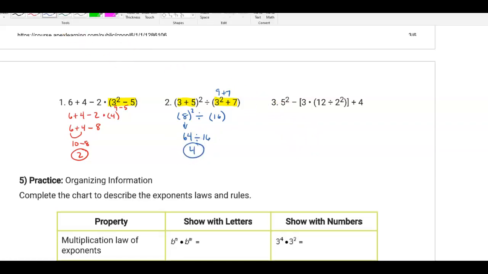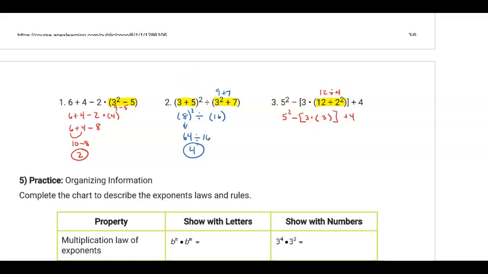Okay. This last example, I'm going to do the innermost parentheses first. And you have to do the operations correctly. This would be 12 divided by 4. I have to do exponents first. So this would become 5 squared minus the brackets, 3 times. What is this going to become now? 12 divided by 4 is 3